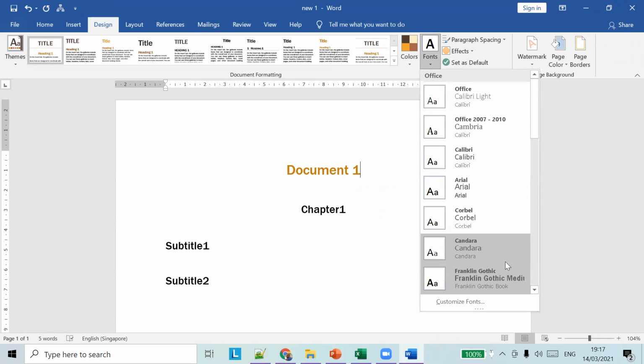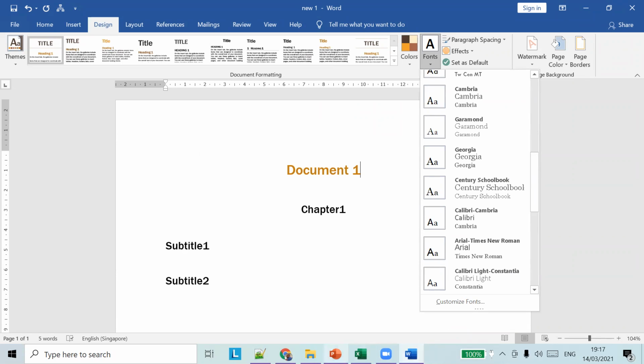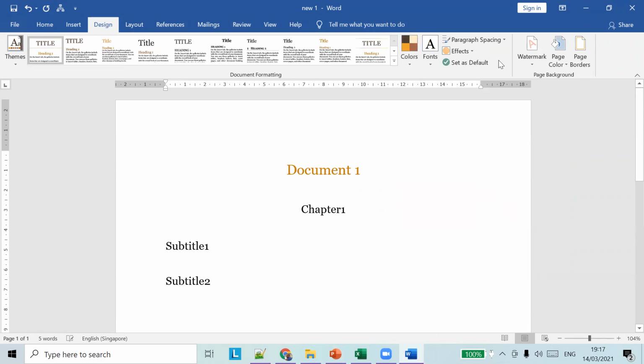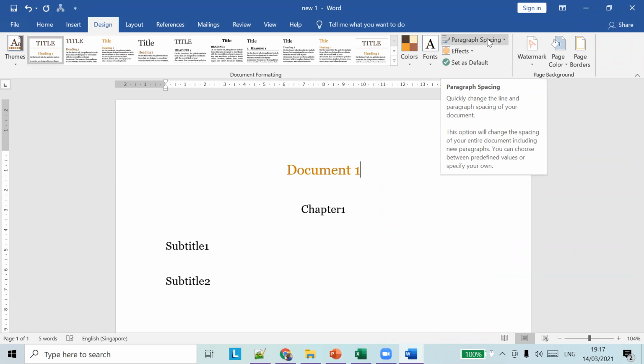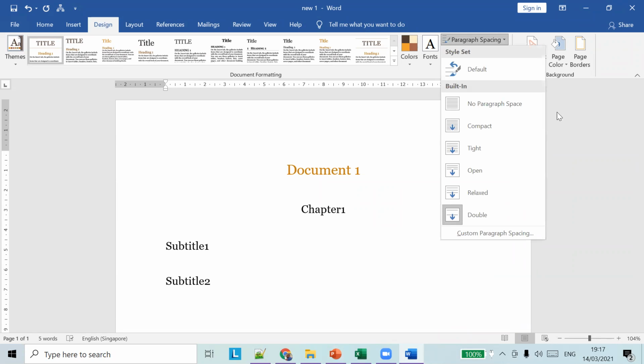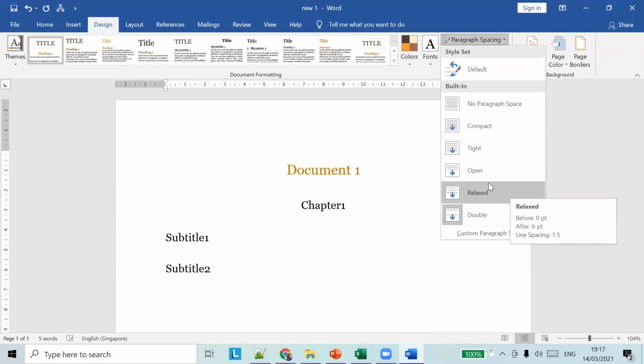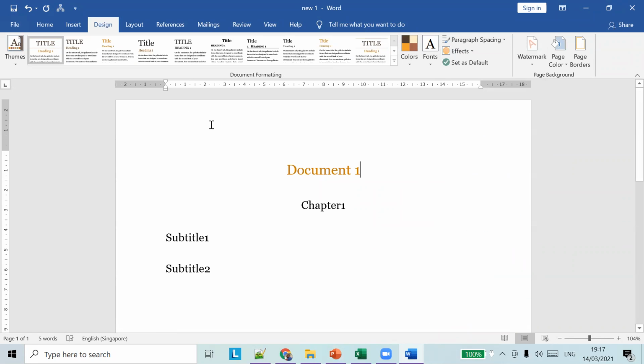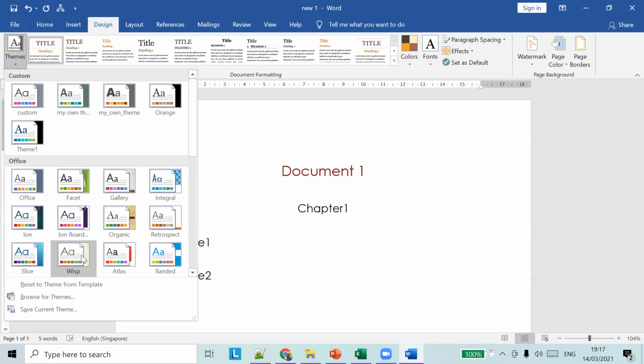I think I asked you to choose Georgia, so use this font. And there is an option called paragraph spacing. In paragraph spacing, I asked you to choose relaxed. You choose it, and then save the theme. So I will go to Design, go to Themes.